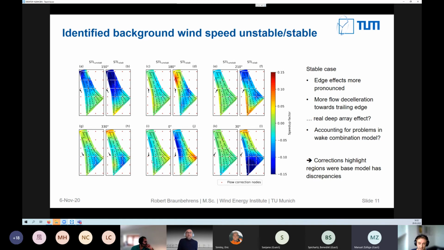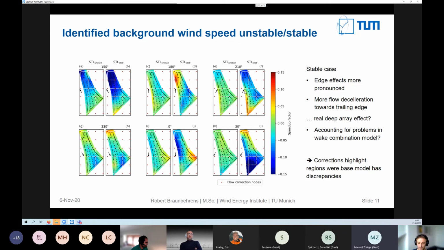What is really going on here, in the last sense the ground truth, is hard to say. I think it's a good indication that there are these kinds of effects. It could also be problems in the wake combination model. I think it's very likely, because these are just empirical models, and also they are not part of our tuning at the moment. If we somehow would tune the wake combination model, which would be maybe an interesting future task, or we would use a different one that is easier to be tuned,